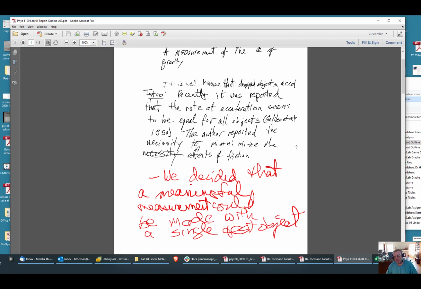One of the reasons it's sloppy is I'm trying to write ideas instead of complete sentences, because I'd rather see you try to interpret it a little bit than simply copy it down. But we'll work on that. So this is sort of a typical intro. It's well known that objects in free fall, I guess you could say dropped objects, because we should think of objects that are released from rest,